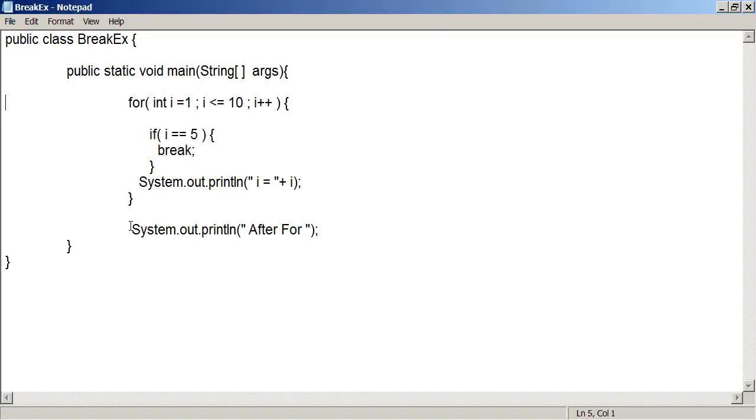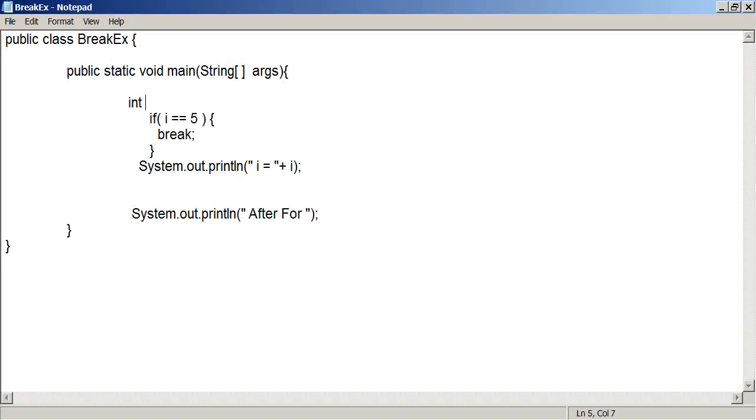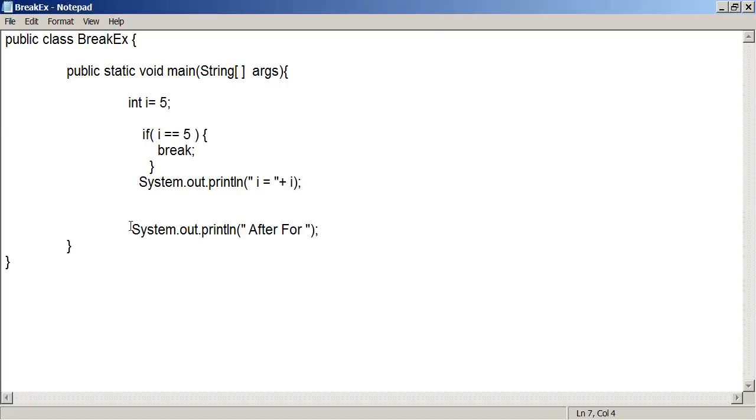So here I am commenting this part, the single for loop. Here this is also commented. So I am going to declare I, so I directly use it in the if condition. I am going to declare I equal to 5. Now let me compile my program. It's a simple if condition, right? Nothing else is there. Break it when it reaches 5. No, there is no for. Okay, no problem. Anyway,